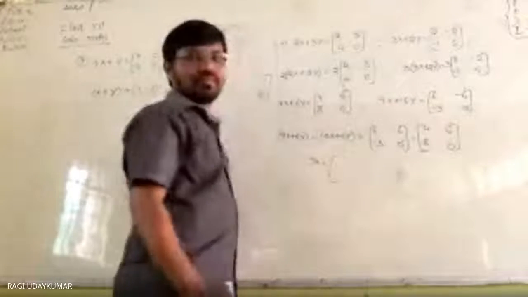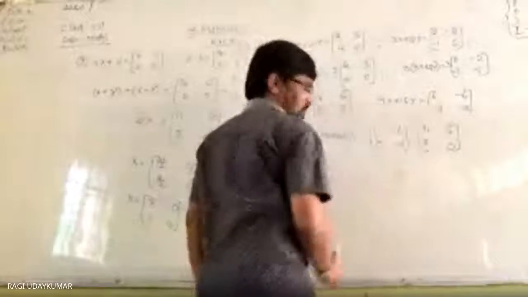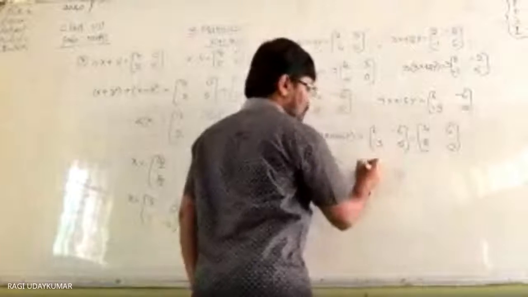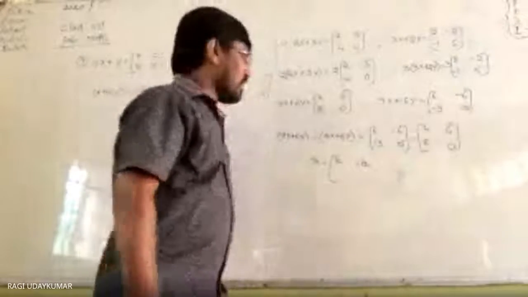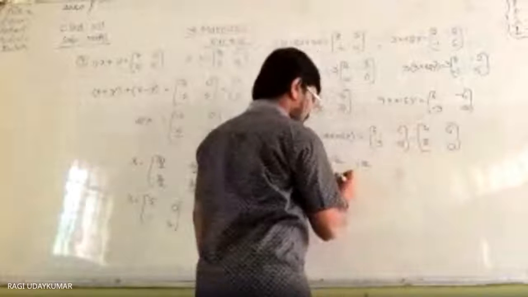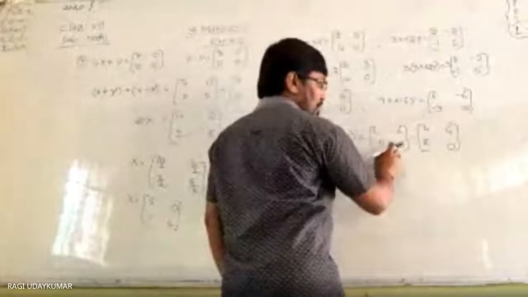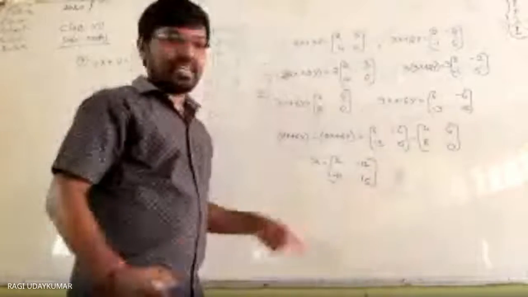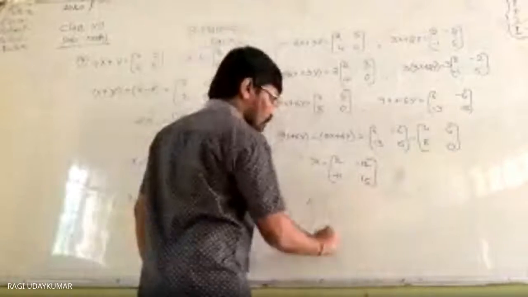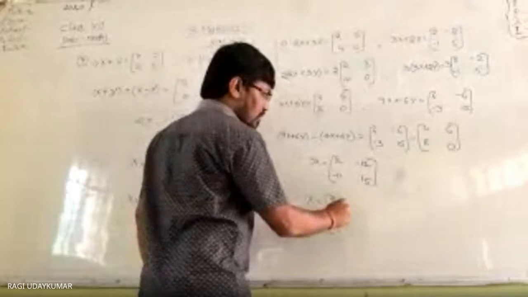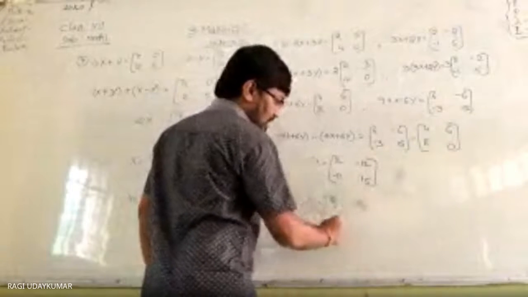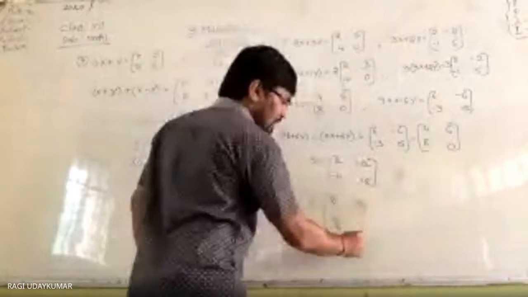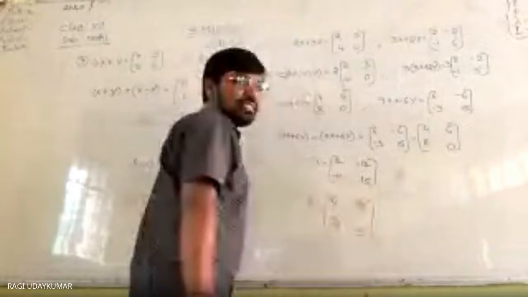5x is equal to 6 minus 4 2 minus 6 minus 6 minus 12. Okay, minus 3 minus 8 minus 11. 15 minus 0 15. Now 5x चाहिए, so you want x means x is equal to 2 by 5 minus 12 by 5 minus 11 by 5 15 by 5, which is equal to 3. This is the matrix x you are going to get.